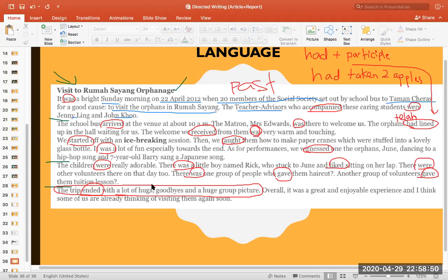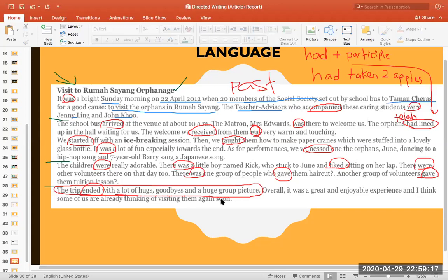Okay, so ada hug, ada goodbye. Okay, dia tidak buat ayat yang we say goodbye to them. Okay, itu ada sedikit terlampau informal. Okay, dia tidak. We hug them, we say goodbye to them, and then we took picture with them. Okay, tidak. Tapi dia guna, okay,